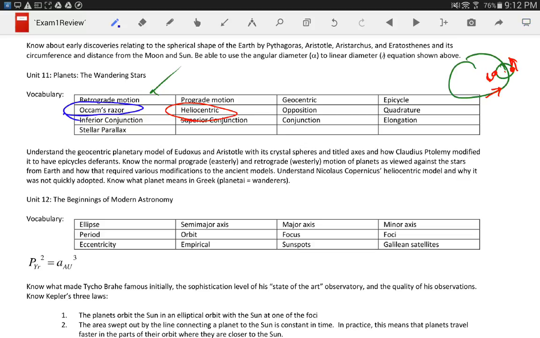Kepler's second law: when a planet is closer to the sun, it's going to be traveling faster. When a planet is farther from the sun, it's going to be traveling slower. And then